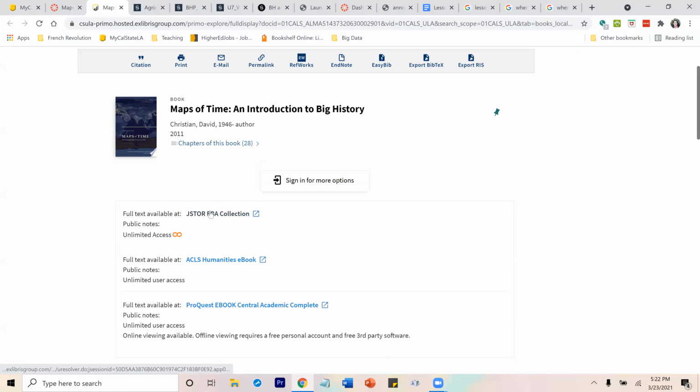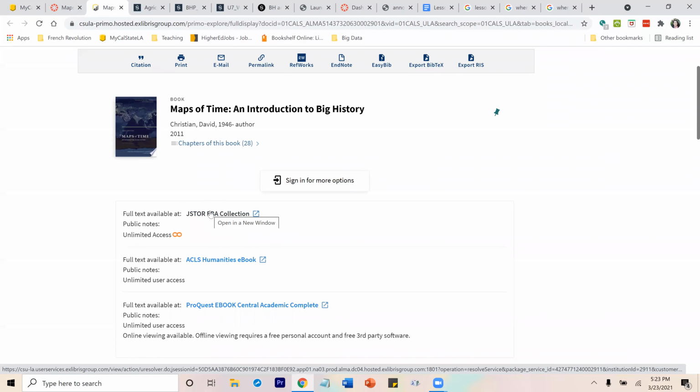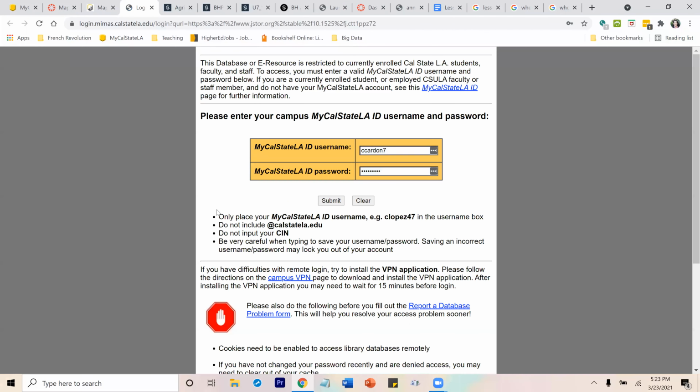But we have an online version of it through the school library. That's what I linked in here. And the reason why this might be useful,